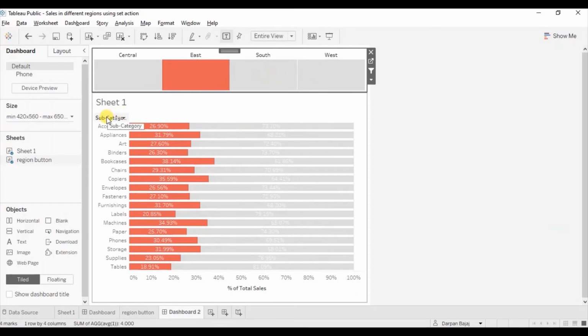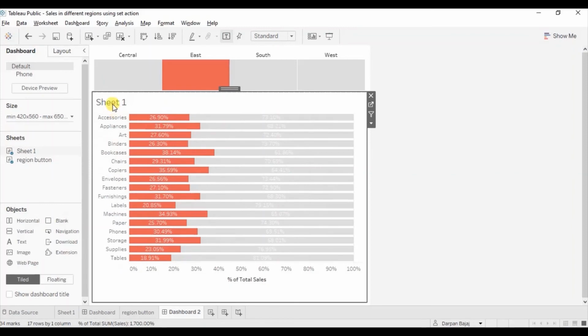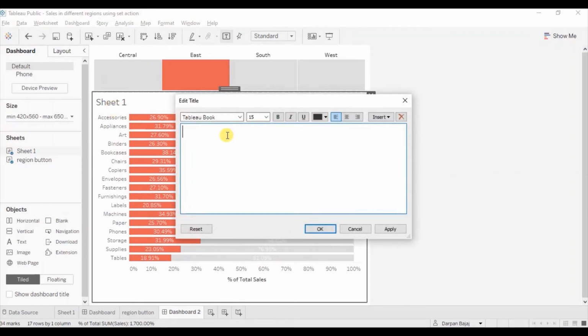Here we can hide the field label. Let's change the title. Give the title sales for different subcategories. Change the font to Camry. Click on bold. Click on italic.